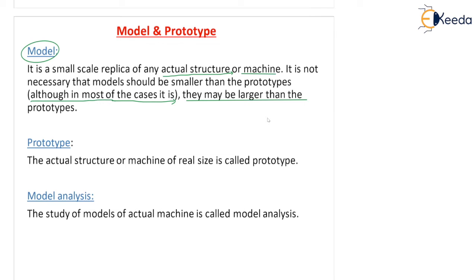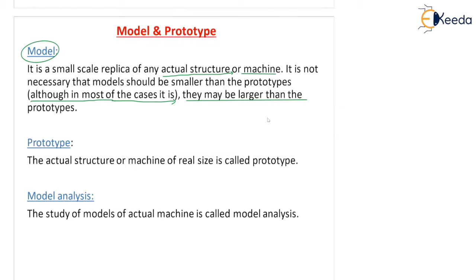We'll make all the sizes as per our requirement, all the parameters will be solved, all the similarities will be followed. So in order to make a perfect model, we have some rules and regulations that we will follow. Geometric similarity, kinematic similarity, and dynamic similarity must be followed. After that, we are going to make a small size. Small size is for our convenience, so that it can be experimented on easily in the lab. All the big things we make in a small size so that they can fit easily in the laboratory space. Number one.